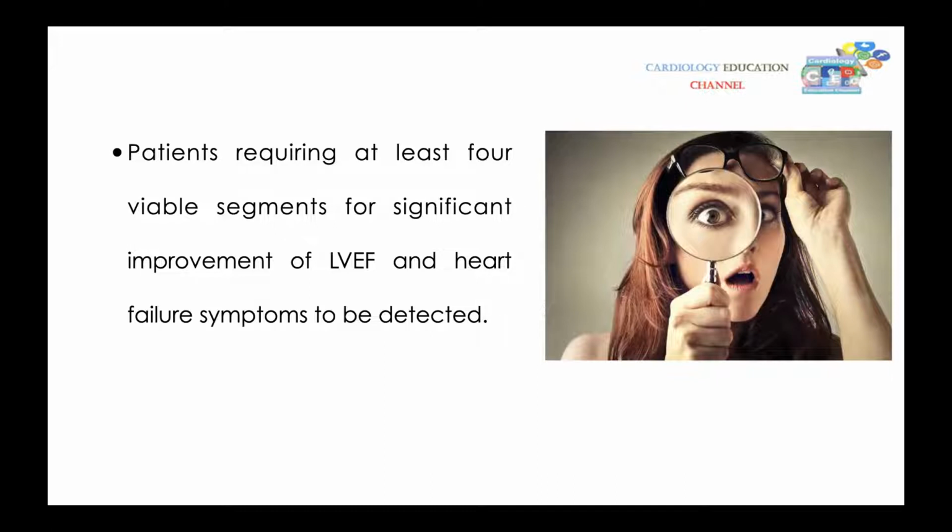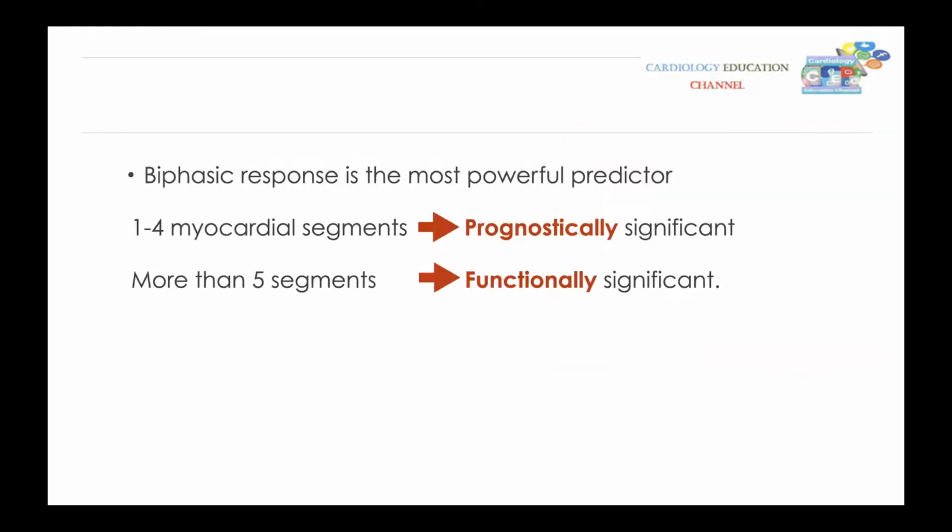So you may have 2 segments that improved. So this is by definition viable. But will this be translated into improvement in ejection fraction after revascularization? Not sure, but if you have 4 or more segments, that tends to have sure improvement of the ejection fraction after revascularization. So if you have 1 to 4 segments, that has a prognostically